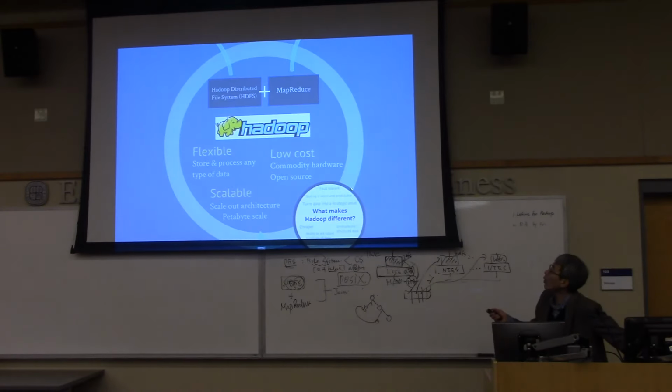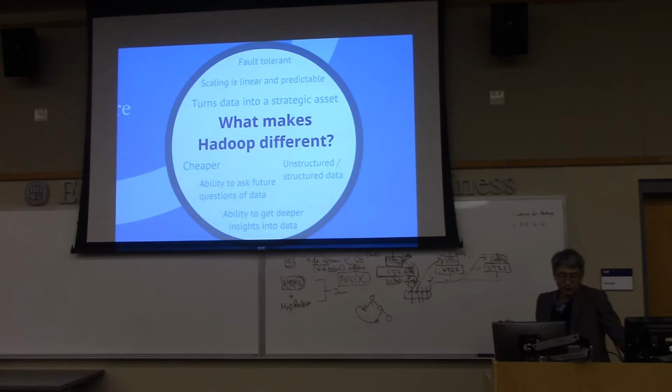And another one is low cost. Most of the traditional legacy distributed systems are very, very expensive, not only in terms of money, but the effort is also very, very expensive. It's very hard. But Hadoop is low cost, and most of it is open source. So these are an incomplete list of the characteristics of Hadoop. That I already explained.